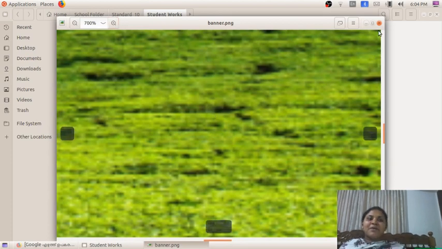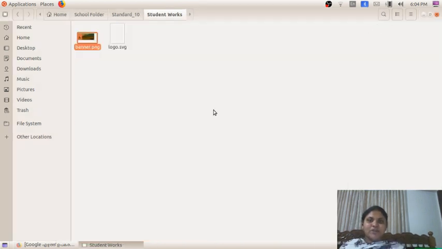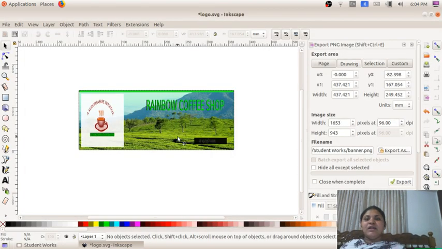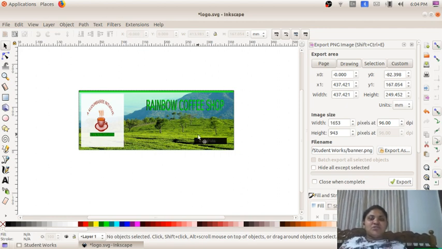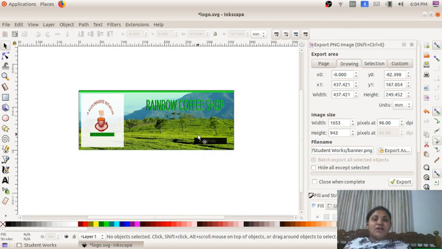So that is the main important feature of PNG pictures, right? With this much our chapter is completed. We have created an image in SVG format, and after that we have exported that image in PNG format. So this is the main feature. These are all the important features we have studied by using Inkscape. I hope you all got that, it is okay for you.